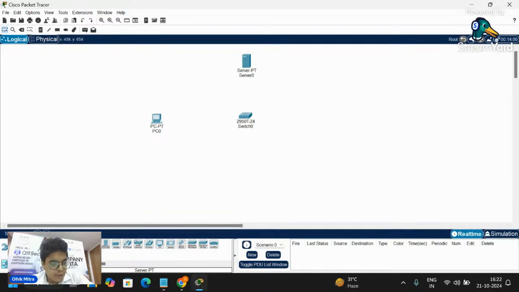Now the thing we need is a WLC, that is a wireless LAN controller. And we will also bring two APs, that is lightweight access points.